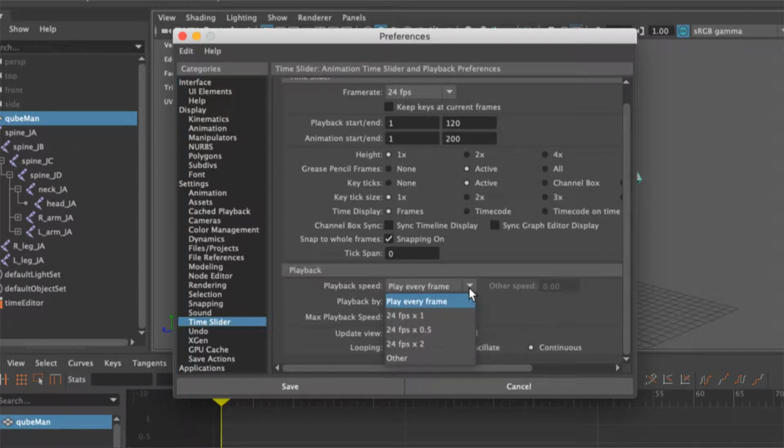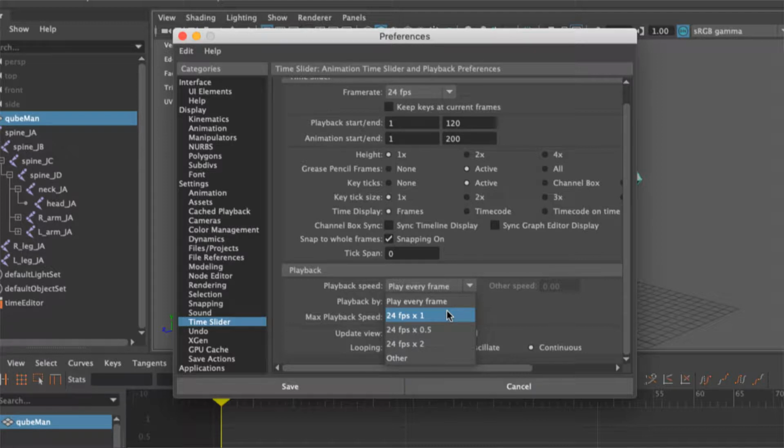So we have to select 25 FPS x1 from this drop down menu so we can see our animation played correctly. Play every frame is Maya's default and it's mainly, or only, for creating simulations because